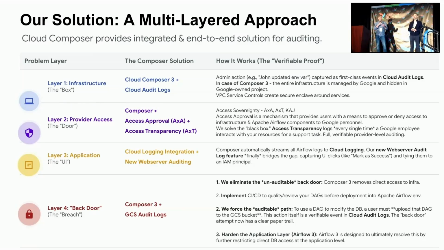So our talk, of course, is in the context of Cloud Composer and how we are providing those auditing capabilities to you. Some of the ideas discussed here, maybe you will be able to apply to your self-managed installations of Airflow, whether you are doing it in the cloud or on-prem. But in certain cases, we need to say that very tight integration with cloud service provider services is required to achieve the full auditing